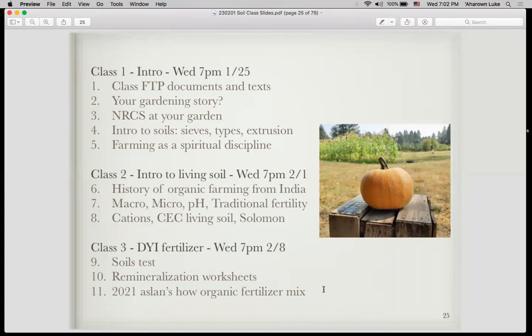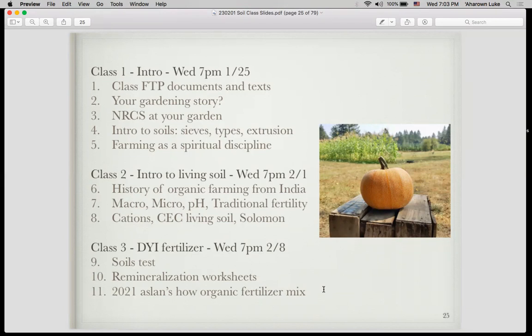And then silt, clay, sand is based off of sieves for this particle size. Types are based off of combinations of all clay, all silt, all sand in a pyramid. And then there's an extrusion test you can do. And that also has you make a paste and you see how much grit is in there. So that's a way to figure out what type you have at your home without a full lab